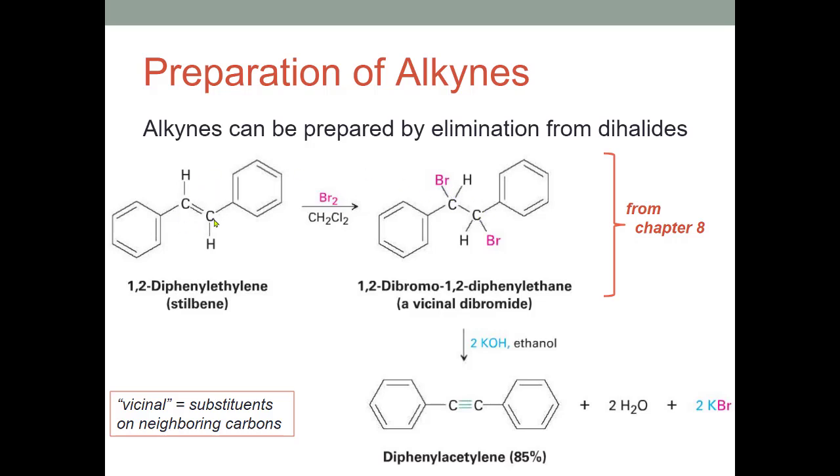So we could take an alkene, for instance, and treat it with bromine. We saw this reaction in chapter 8. We would get a vicinal dibromide, or what's sometimes called a 1,2-dibromide. Even if these aren't carbons 1 and 2, which they are in this case, even if they weren't, we might call it a 1,2-dibromide. So this vicinal dibromide now, when we